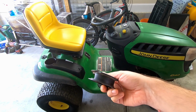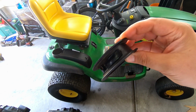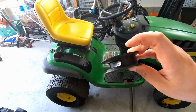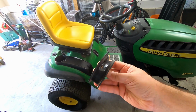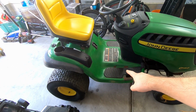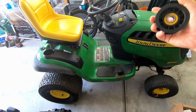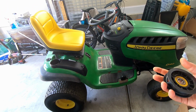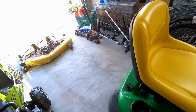kind of locked itself, so you can see how the belt actually, how to say, cut through the pulley. So what I did, I replaced this pulley and I replaced the belt, so I put a brand new original pulley and a brand new original belt. Now the tractor goes up the hill without a problem, and it's got the tension on the belt. And in regards to the deck,